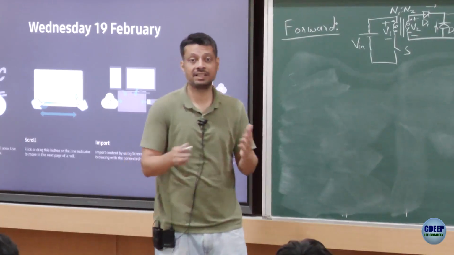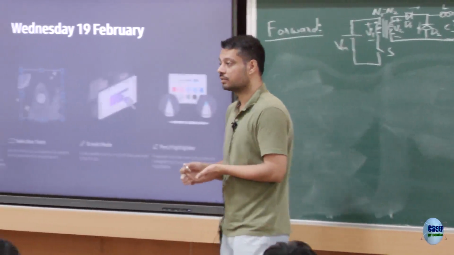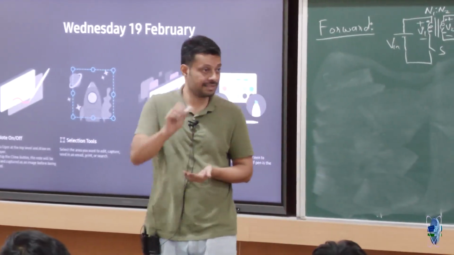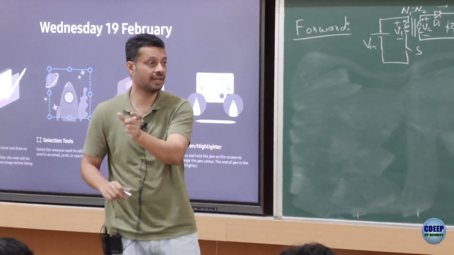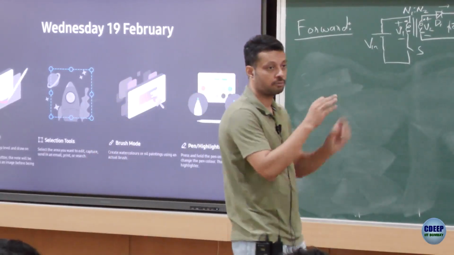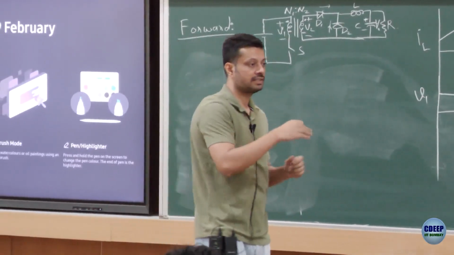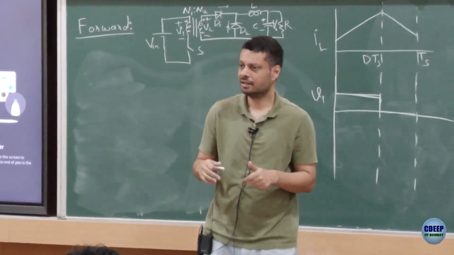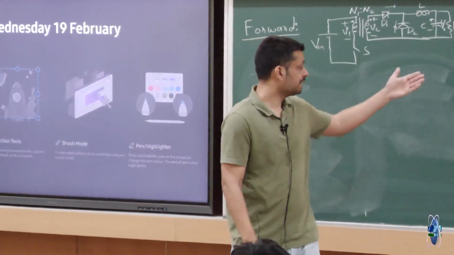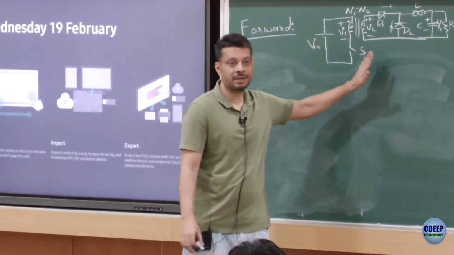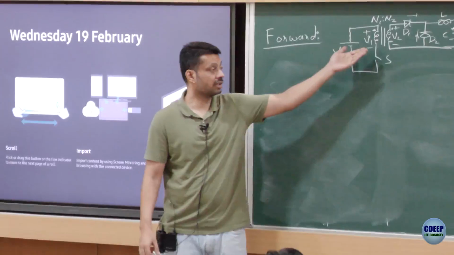You can go back and check the voltage that we applied in case of a flyback across the transformer. It was not DC, it was actually AC, such that the average value was 0. It was positive for some time, negative for some time. When the switch was on, it was positive. When the switch was off, because of the reflection, the V1 became negative, right? Which was fine because the average voltage has to be 0 across a transformer, right? Therefore, if you actually want to implement this circuit, it will never work with an actual transformer, right?